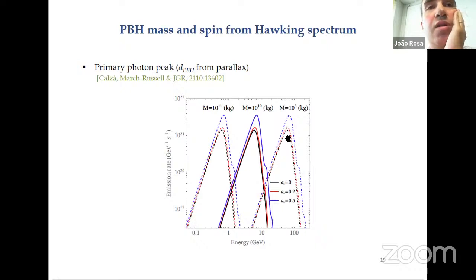So if we know the distance to the black hole we are detecting with this spectrum, we can measure the flux that we obtain at the Earth. We can, in principle, compare with this total amplitude and know if the black hole has some spin and know its mass from the position of the peak. So this requires measuring the distance to the primordial black hole. And typically, if they are within milliparsecs or even parsec scales, in principle, you can do this using parallax measurements. But we wanted to go a bit further and see if we could do something that would be independent of